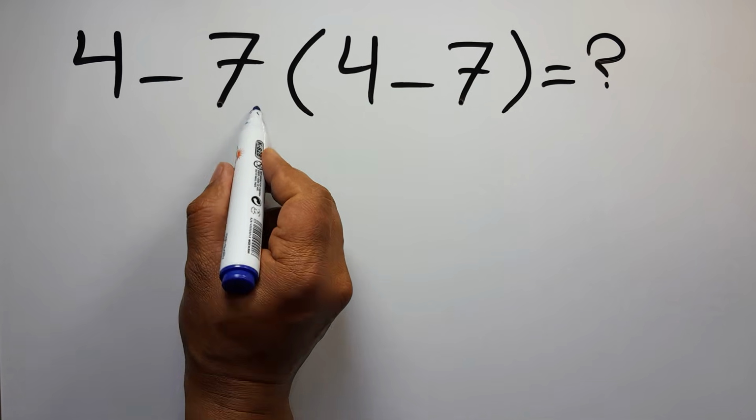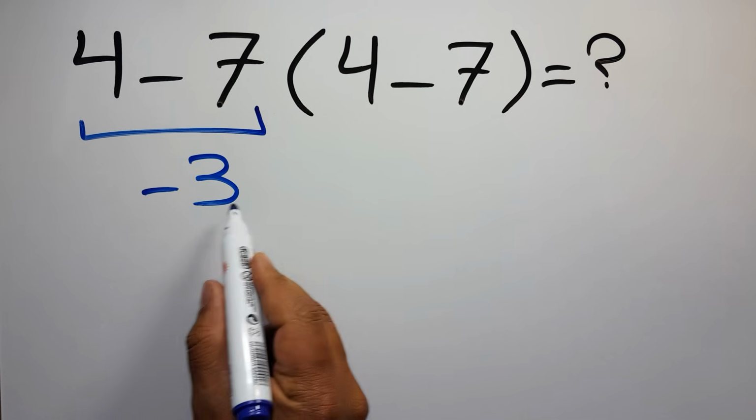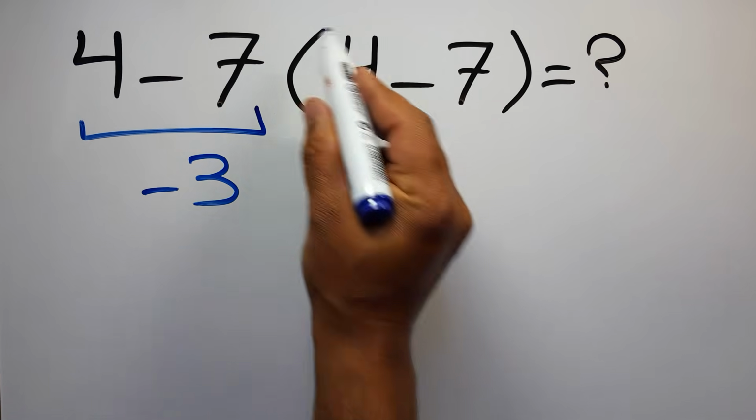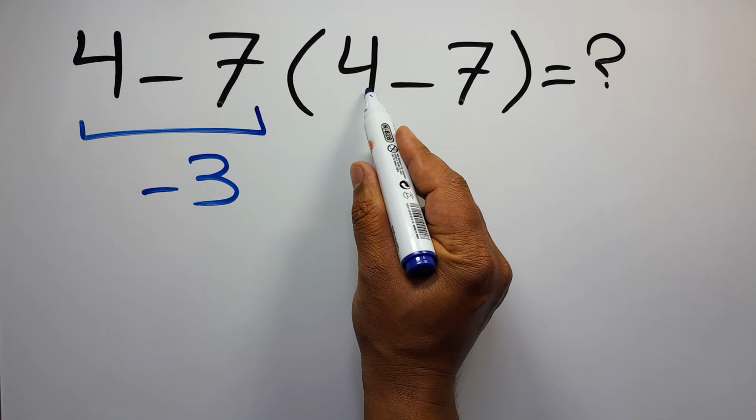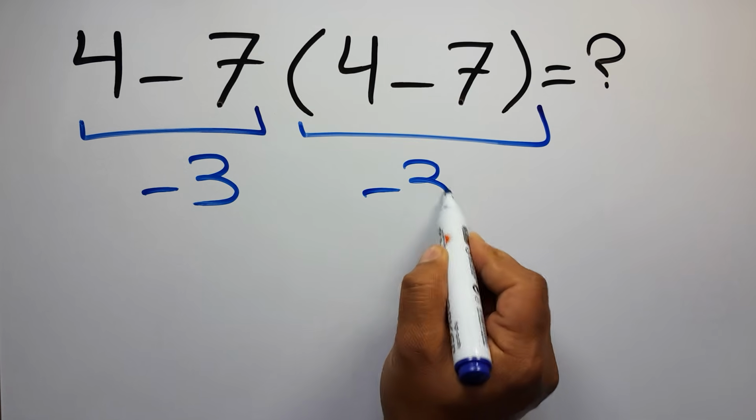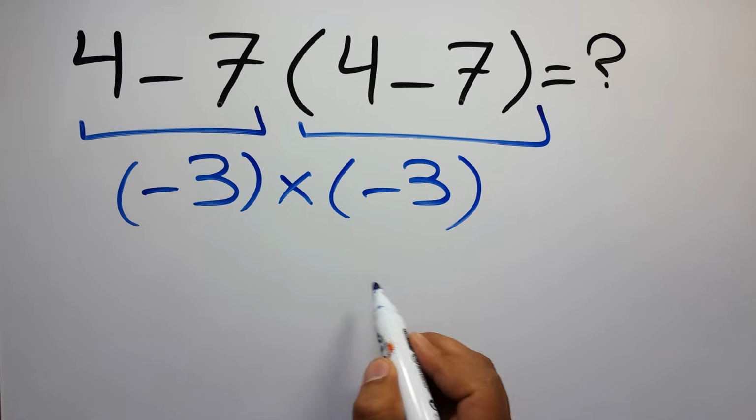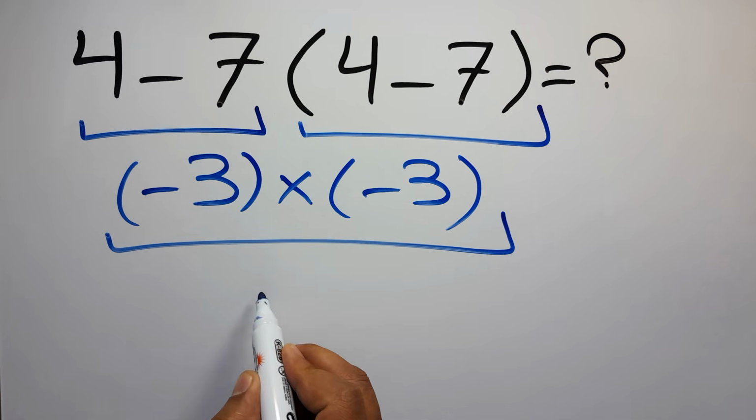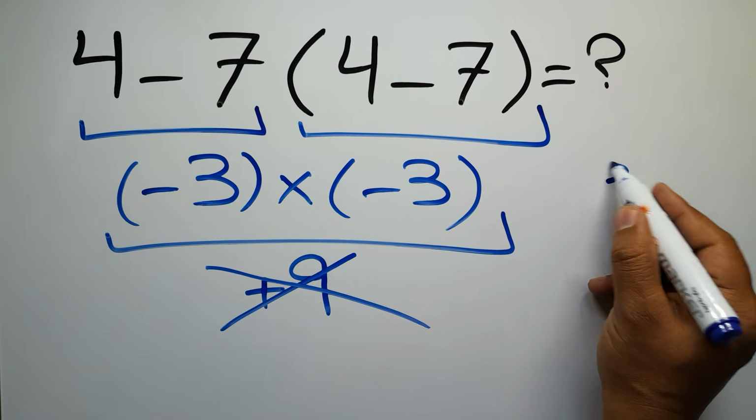4 minus 7 gives us negative 3. So negative 3 times this parentheses. Inside this parentheses, again we have 4 minus 7. So negative 3 times negative 3, which equals positive 9. But this answer is not correct, because according to the order of operations, which is PEMDAS,